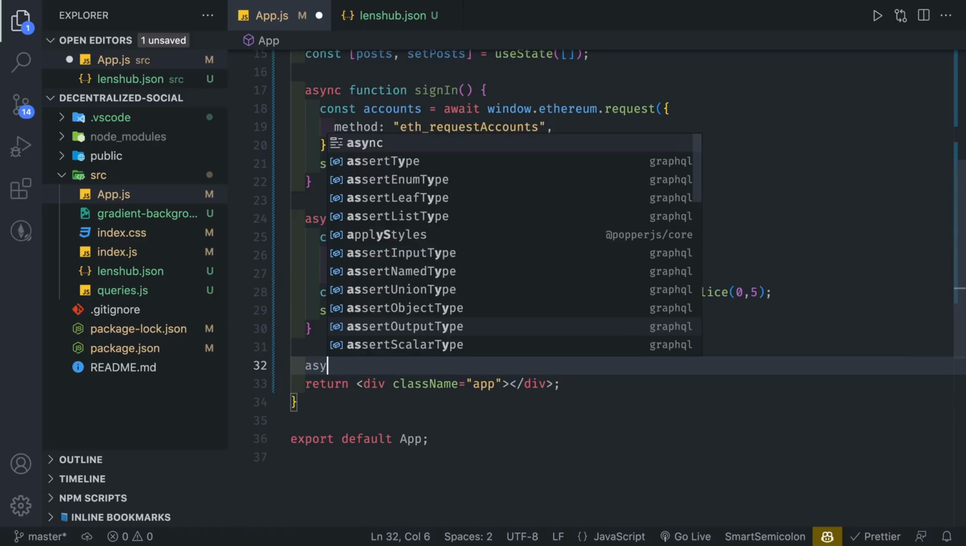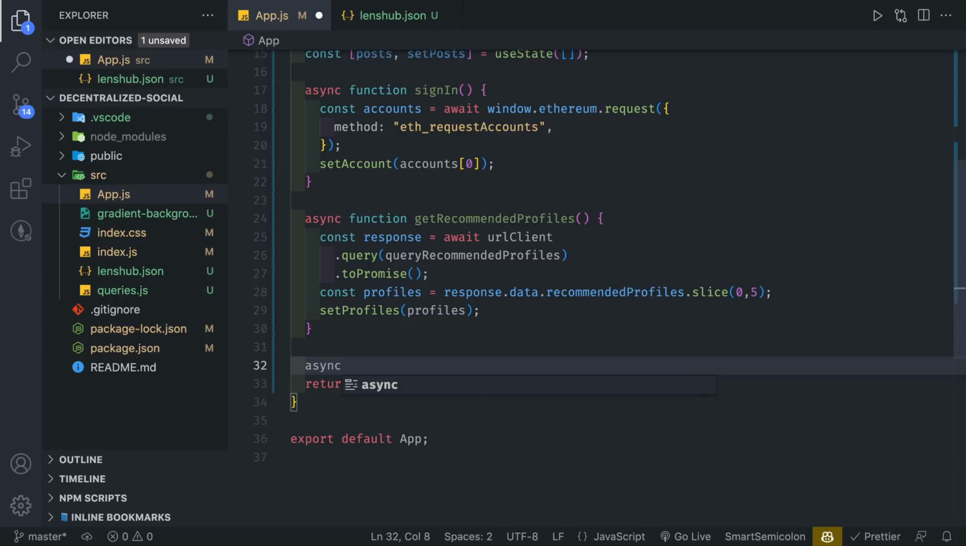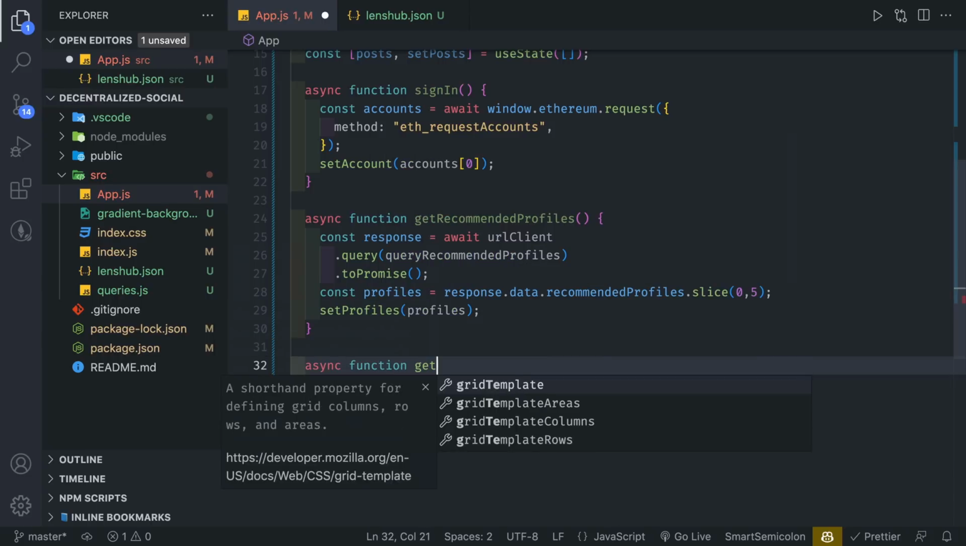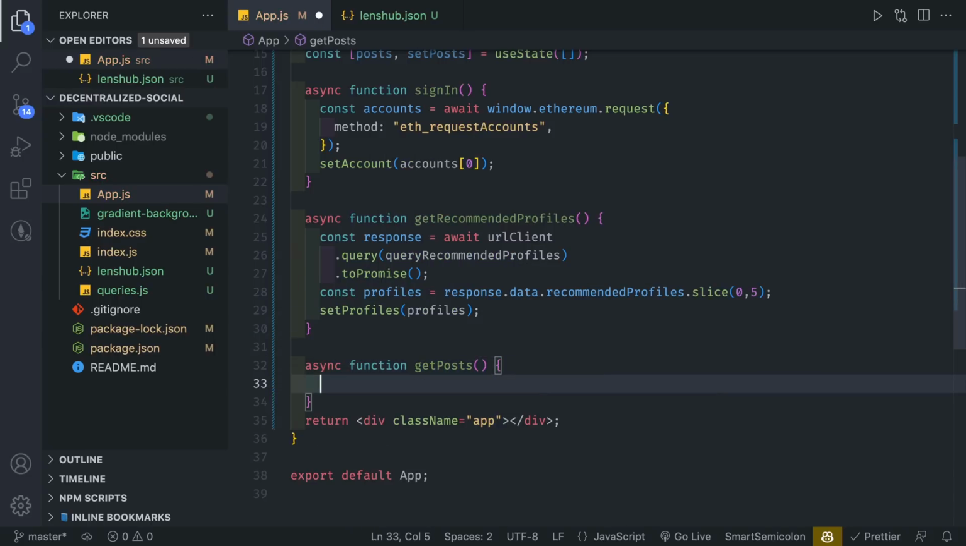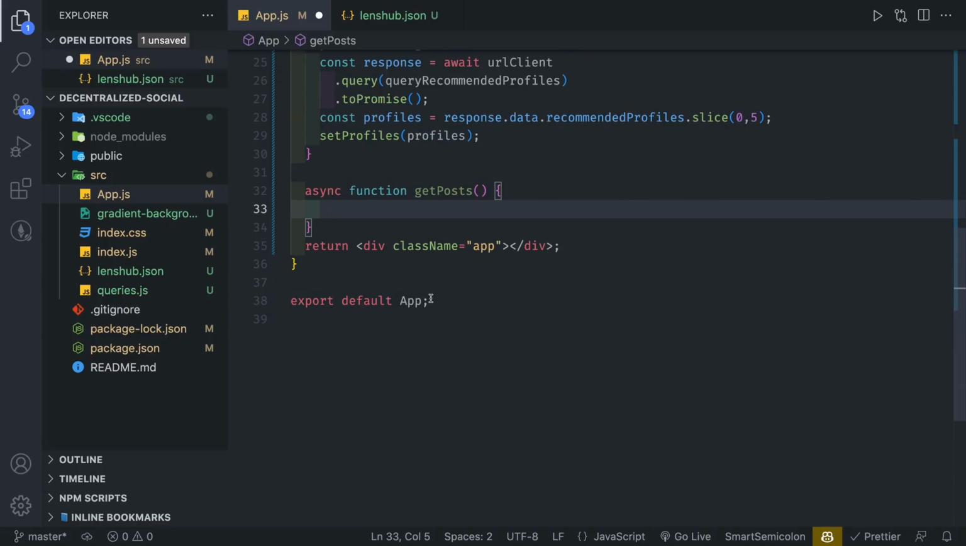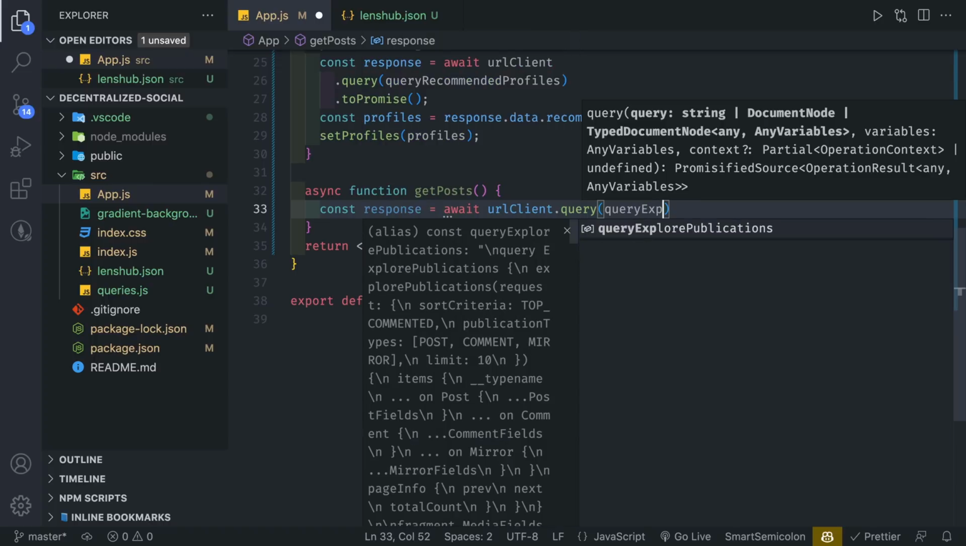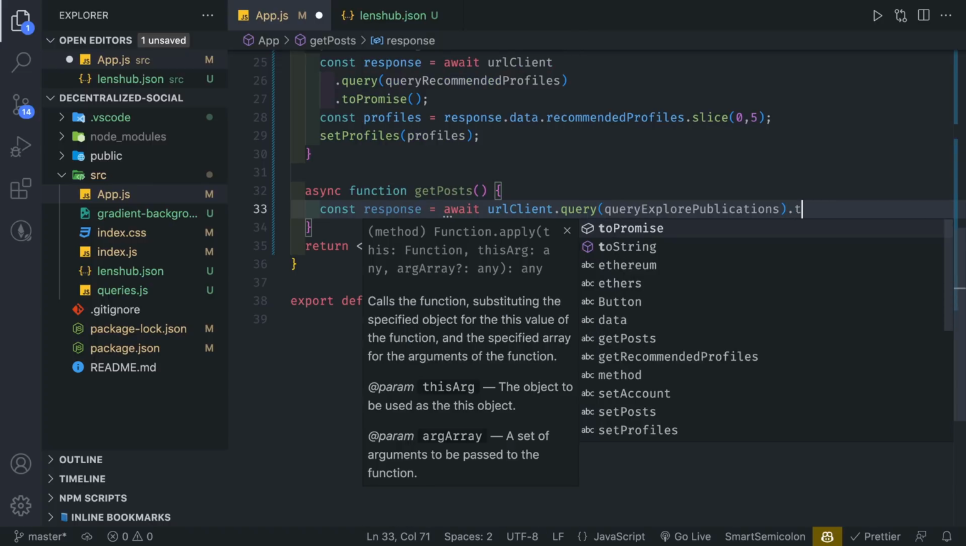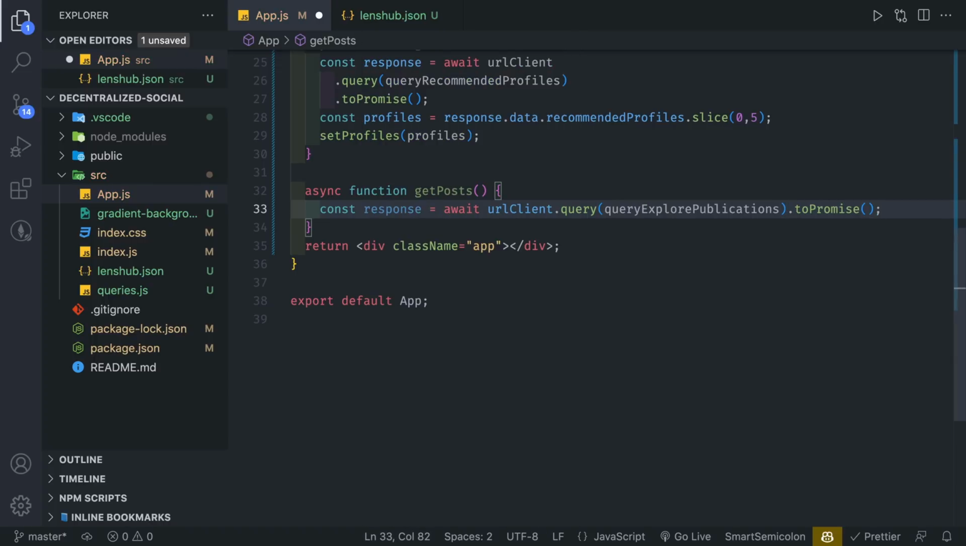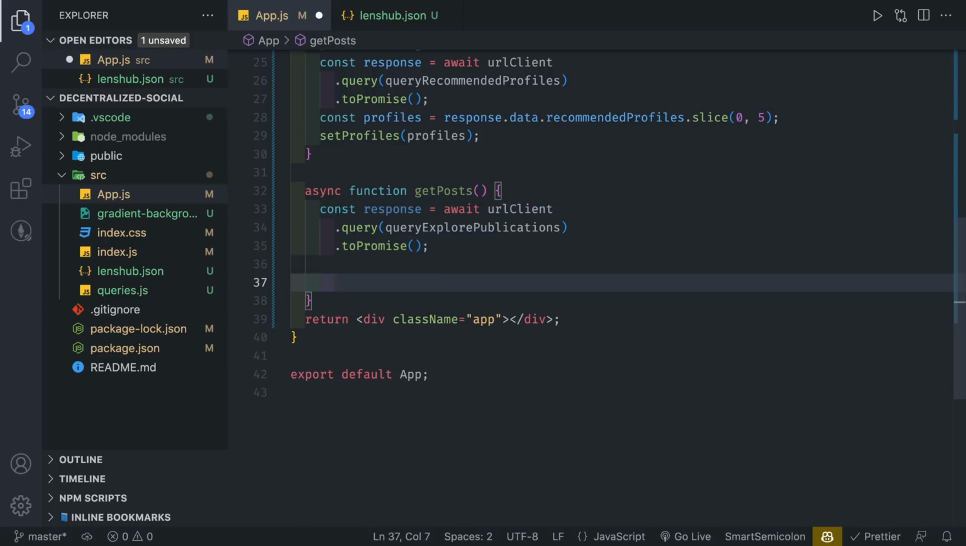And the last function, or actually 2 more functions that we need, is one is going to be getting the posts now. So the previous one was to get the recommended profiles that the user should follow. And this will be the actual posts, kind of similar to what you would see in a Twitter feed. So we're going to do the same thing as we did before. We're going to await urqlClient.query, query exploreQublications .toPromise, just like we did before, except we're doing exploreQublications instead. I'm going to format that, and then we're going to create